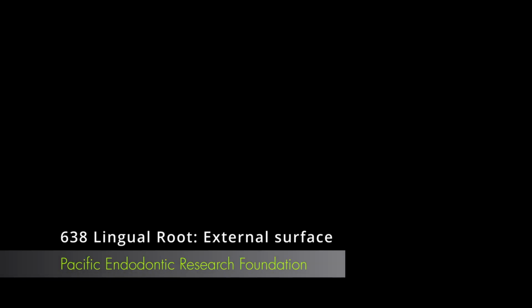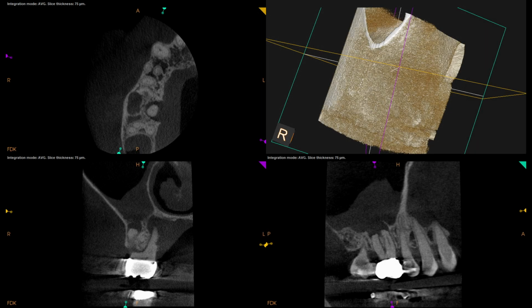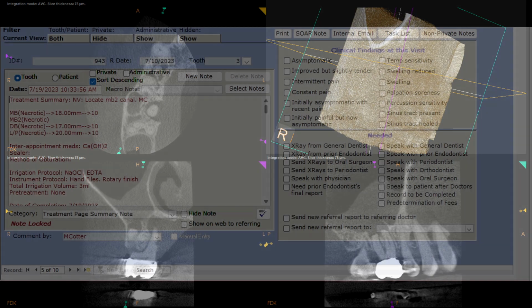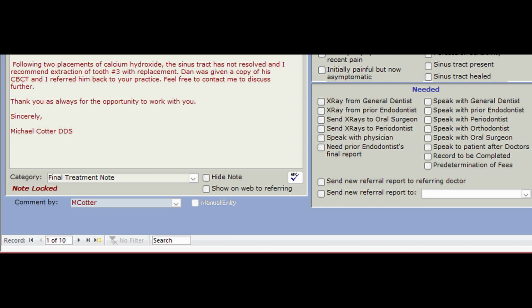This is a report on case 638, Mike's case of a maxillary first molar, number 3. There were large areas around all the roots. He attempted a calcium hydroxide retreat on it. These are his measurements. The sinus tract did not resolve, and it was decided to extract the tooth and send